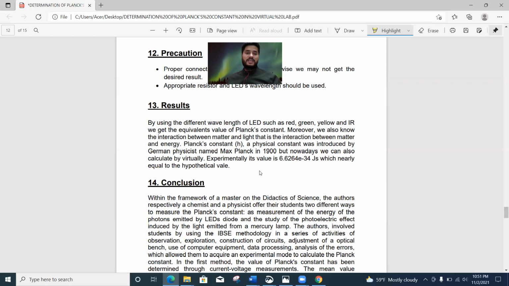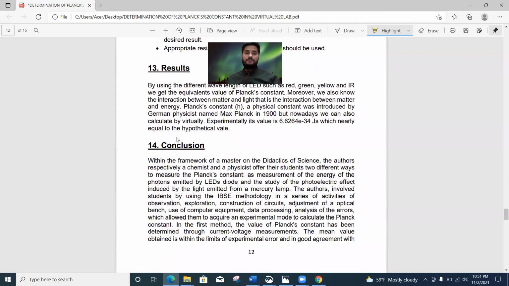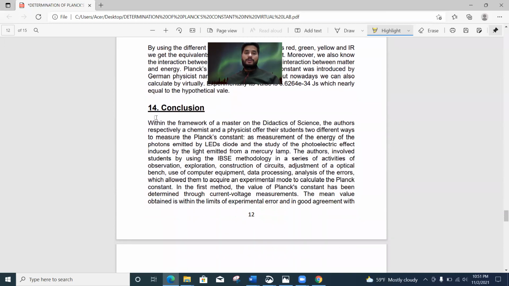But nowadays we can also calculate it virtually. Experimentally, its value is nearly 6.62 times 10 to the power minus 34 joule second, which is nearly equal to the theoretical value. Conclusion: